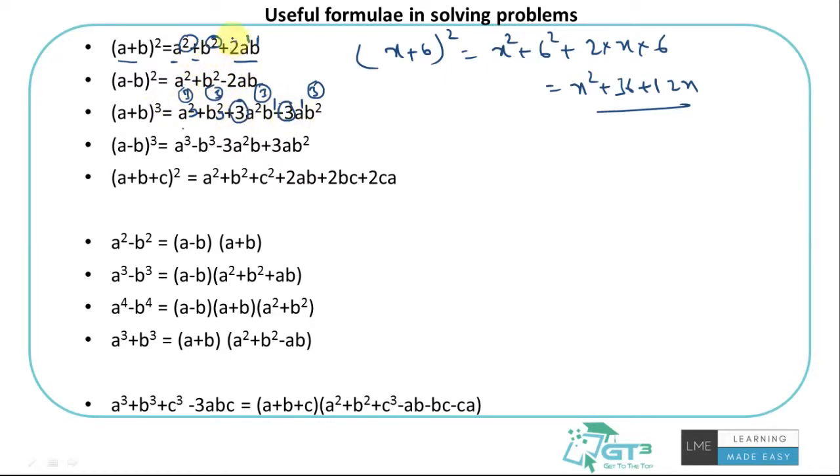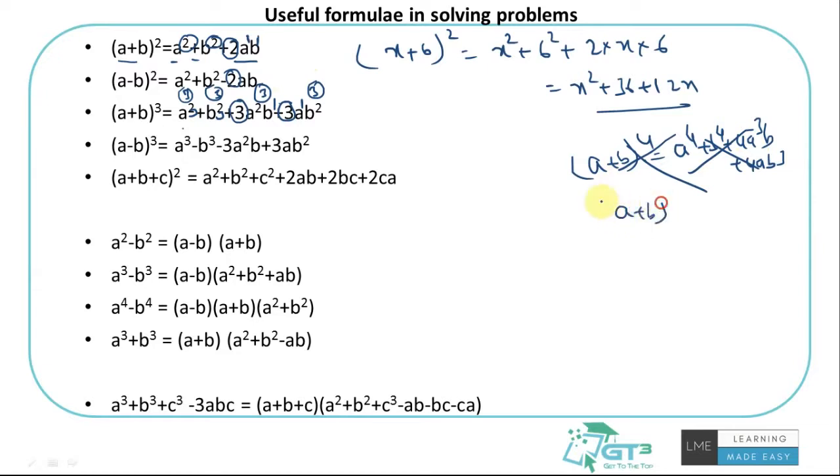Similarly, a square plus b square plus 2ab also has 2 and 2. It doesn't necessarily mean that a plus b whole power 4 is a power 4 plus b power 4 plus 4a cube b plus 4ab cube. If you're thinking this could be right, I would definitely say this is wrong. I don't go with this mindset. The way you should do this is first do a plus b whole square, then square it again, and then you'll get the answer for that. Anyways, I'm just giving you this in case you are confused, if you ever feel that you forget the formulas,